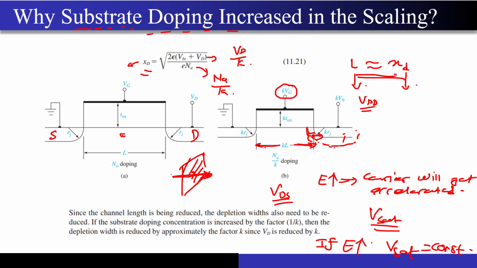What does this mean? I cannot increase my current, because I is what? dq by dt. If the number of carriers passing through a given cross-sectional area per unit time cannot be increased even after increasing the horizontal electric field, that means what? My current will not increase after a certain point, it will just stagnate as it is.